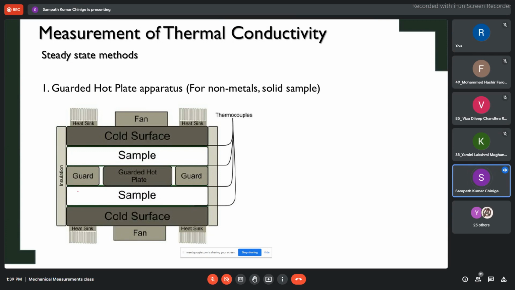So on the lateral sides, whatever adjacent sides or ambient conditions you are giving, the same conditions I am giving here also for the guarded heaters. Therefore, the temperature gradient across the hot plate as well as the guarded heater plate, both are the same. So this is the main heater, these are the guarded heaters. Okay, these are the main heaters. It's not the guarded heat plate, it is the main heater, and these are the guard heaters. Okay, just to make that correction. That is one thing that you have to remember.